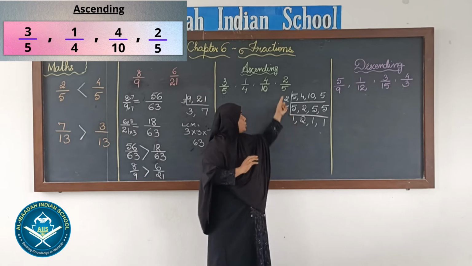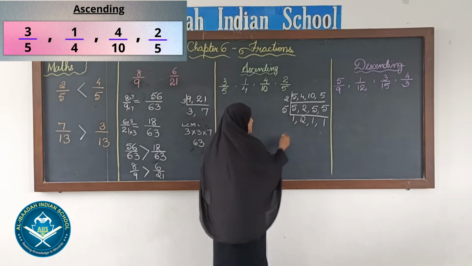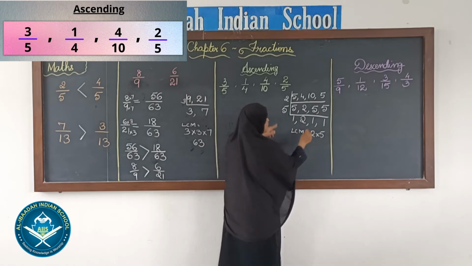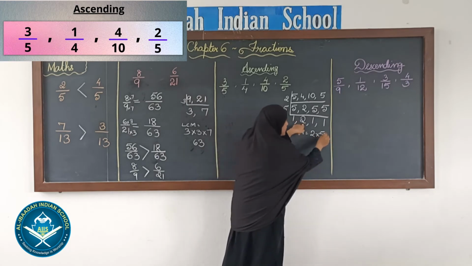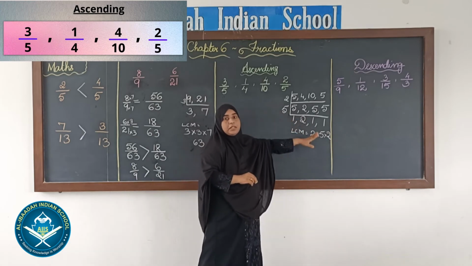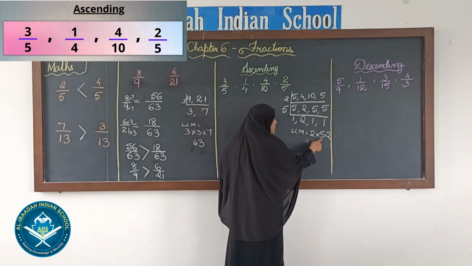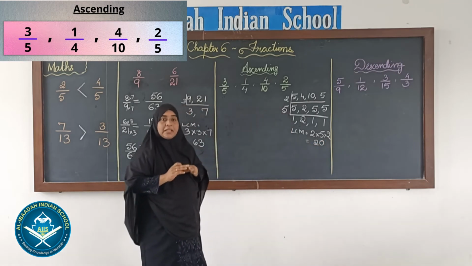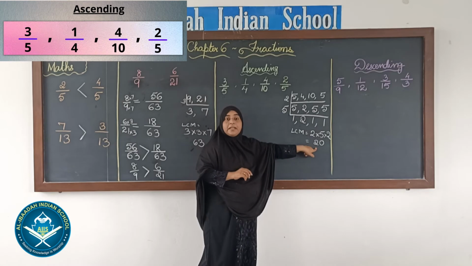So we will do the multiplication of these 2 factors and the number which is left at the end. So LCM will be 2 into 5, the two factors that we have got, into the number which is left at the end, that is 2. Okay, factors and the number that is left at the end, all these we have to multiply to find the LCM. Now when we multiply this, we will get 2 5s are 10, 10 into 2 is 20. So our LCM is 20. We have to change all these 4 fractions to denominator 20.